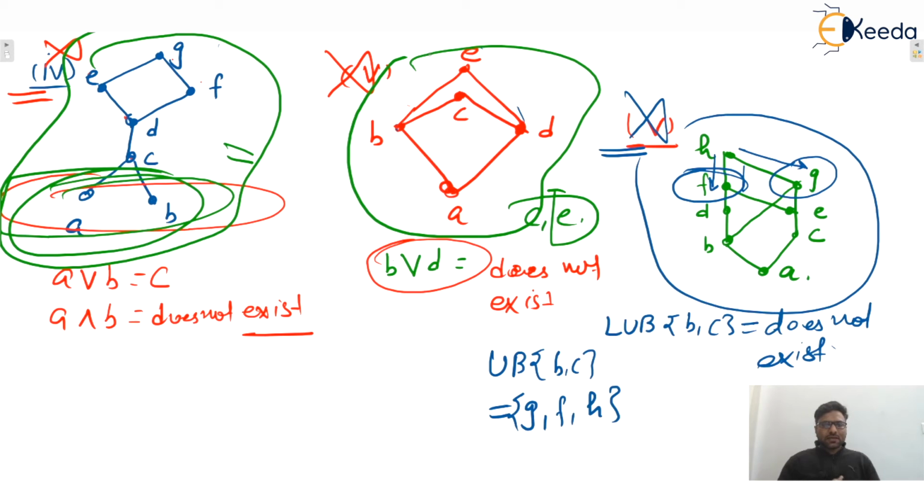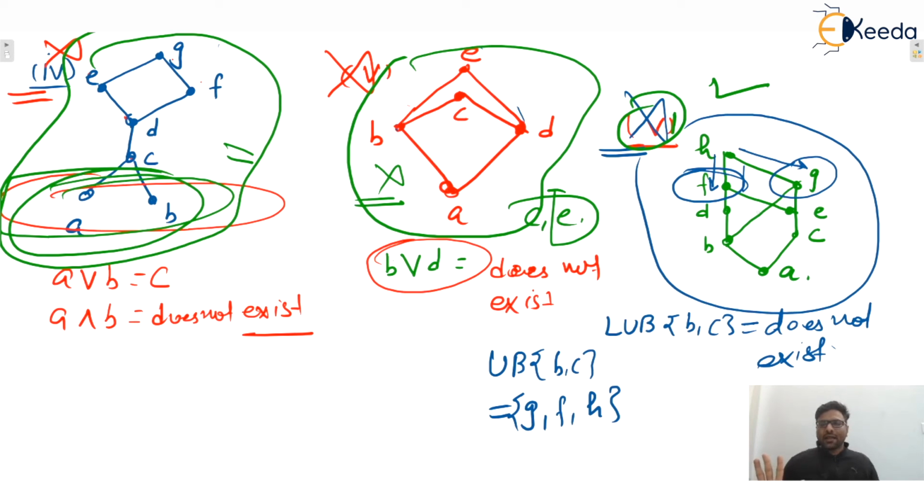Okay, so we can say that we don't know. So in this also we can say that greatest does not exist. That's why this is not a lattice, isn't it? But in this sixth example, for this Hasse diagram, greatest is H and least is A, even though it is not a lattice. So remember, if greatest and least exist, we are still not confirmed that it will be a lattice.